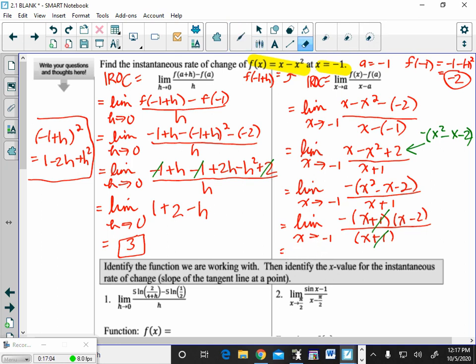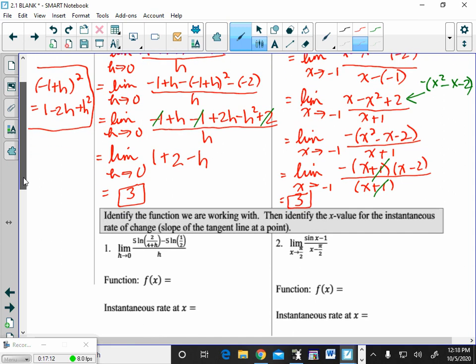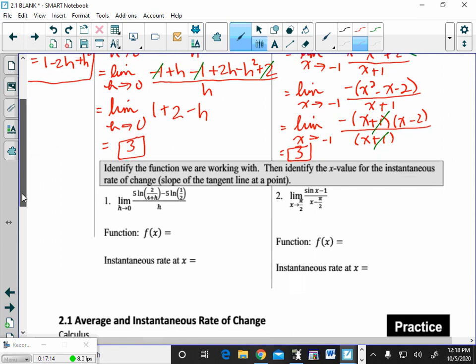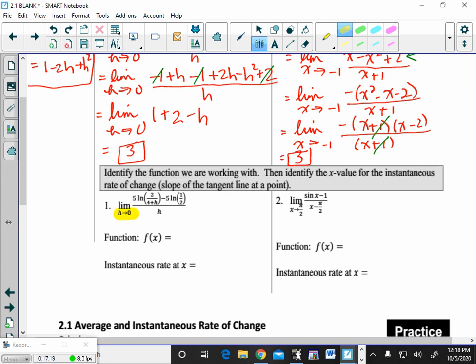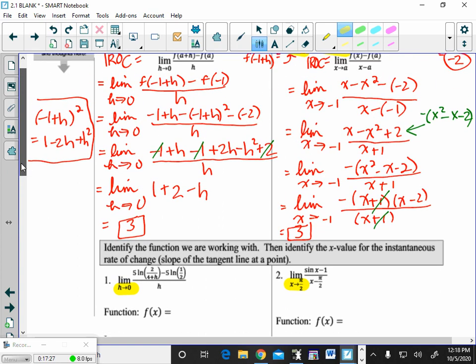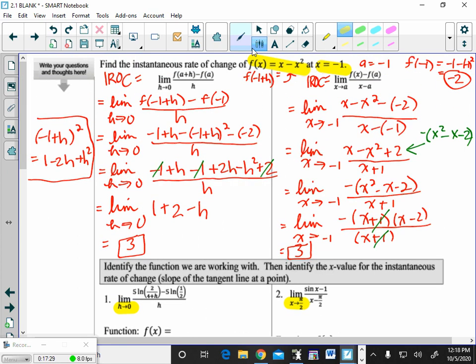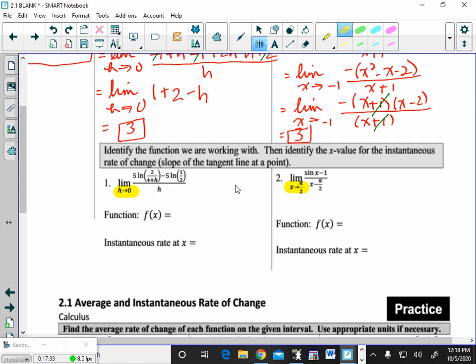Now, the most important part is that you know where all of these values came from. Now let's see if we can work backwards. The most important thing here now is to notice which definition are we using, x approaching a or h approaching 0. Let's start with the h approaching 0 definition. When we have h approaches 0, and we can write that down here, we have the limit,